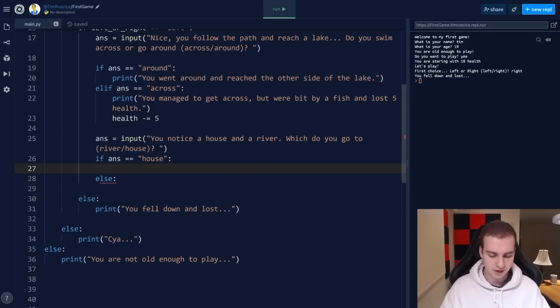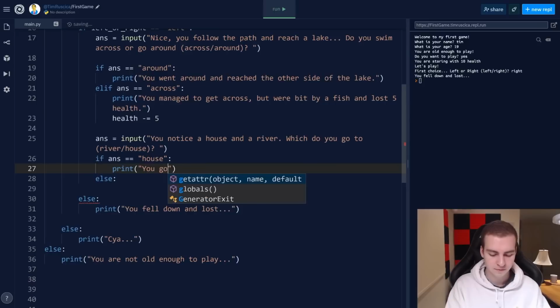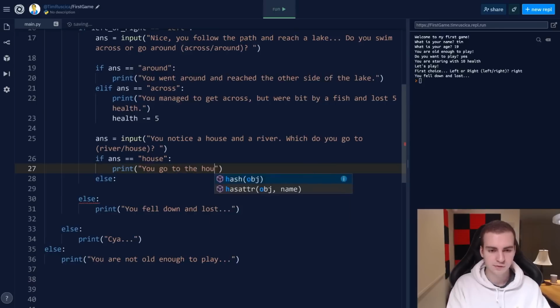So if ANS equals house, then what we'll say is we'll say print, you go to the house, and are greeted by the owner,